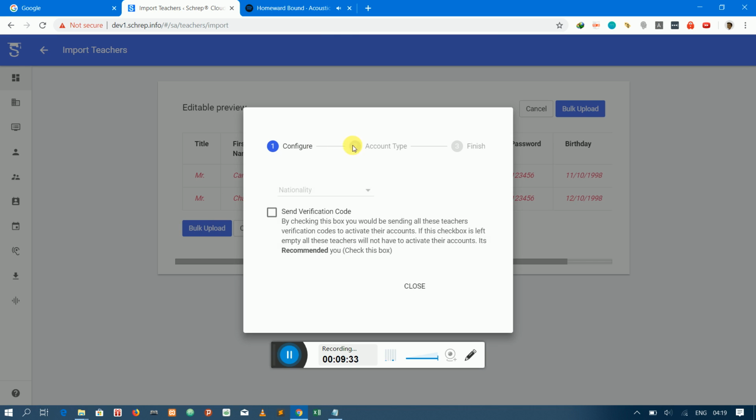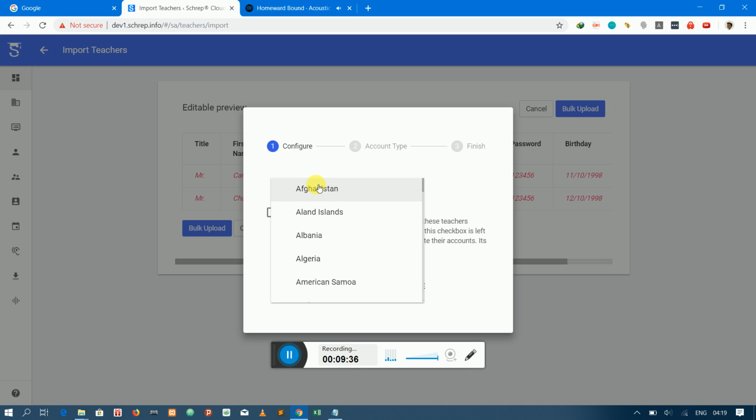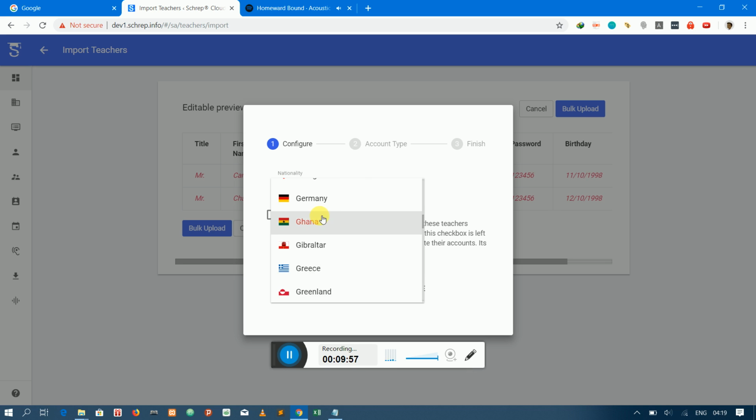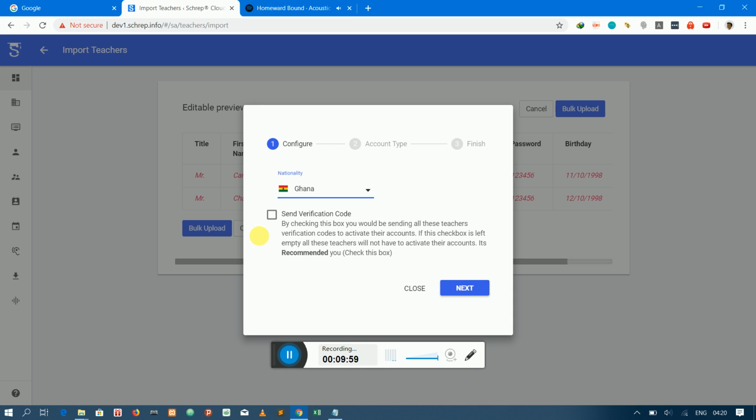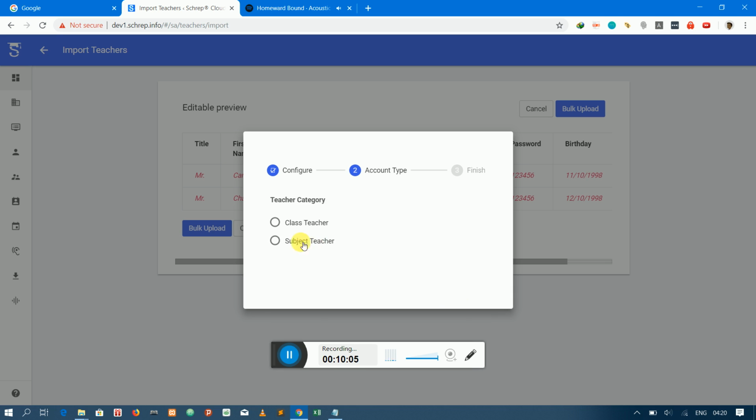So once I click on that, I'm going to have to choose nationality for the teacher, and I just choose Ghana. I think I missed that. Okay, there we go. So I click on Ghana, and I'm not going to choose to send verification because I'm just going to leave it blank. So I hit next, and I could choose any one of these. So now I'm going to choose class teacher, then I'm going to import,